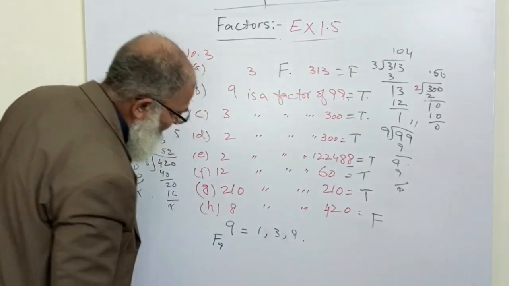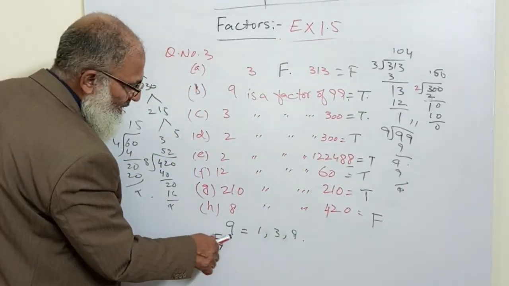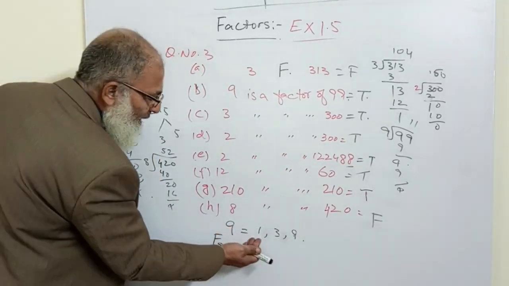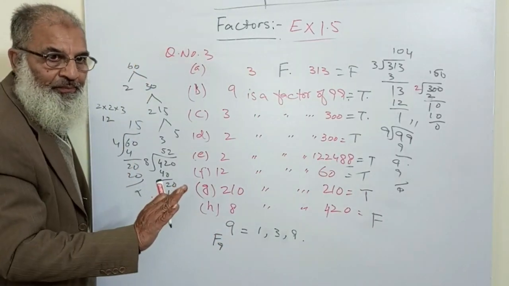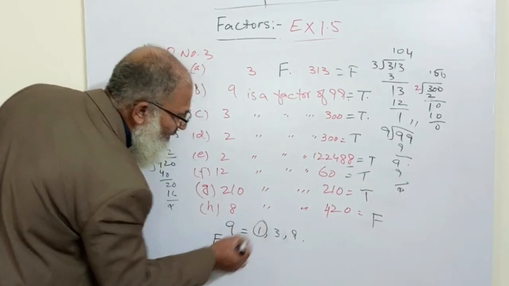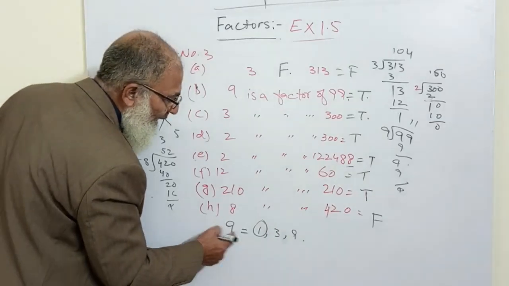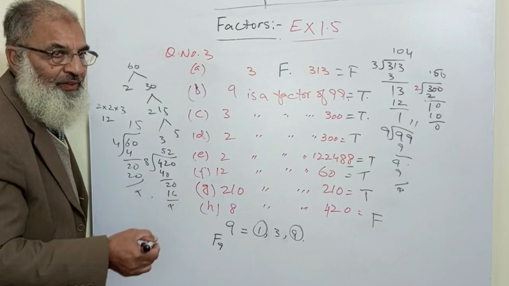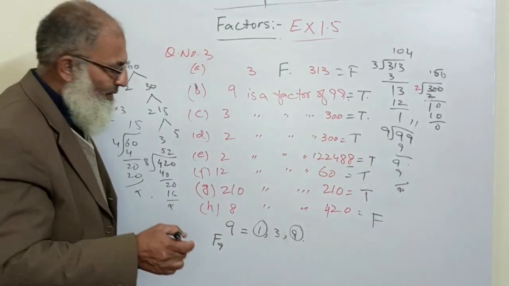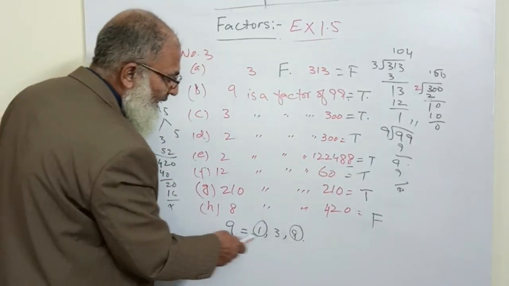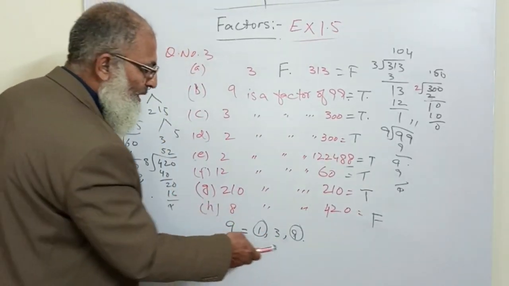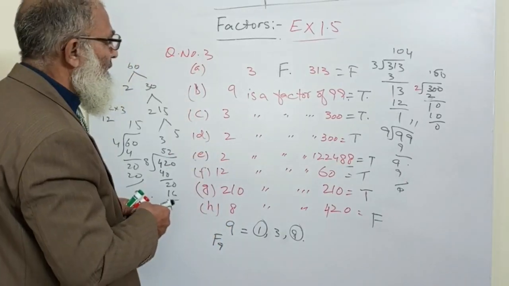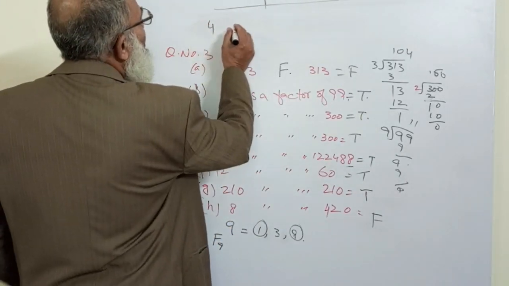1, 3 and 9. So dear students, you see that for 9 I got 1, I got 9. 1 is always the factor of the given number and this is the smallest factor of the given number, and the number itself is the largest, highest factor of that number. So yes, the number 1 and the given number, the same number, is the factor of the given number. So the answer for question number 4 is